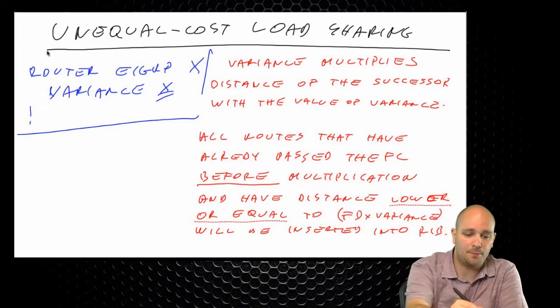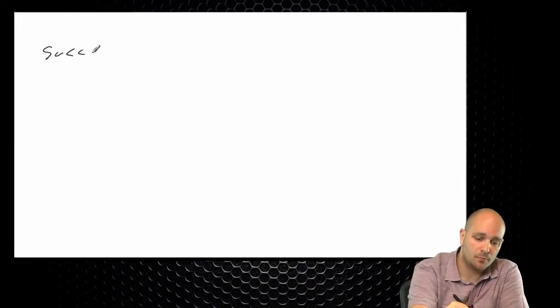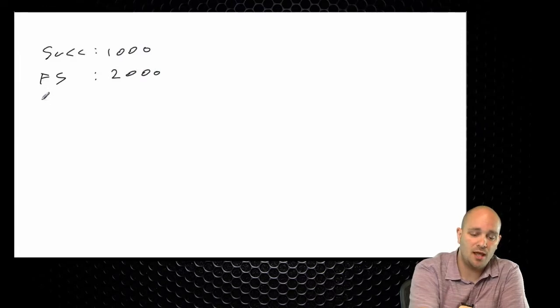So what you might end up having in a routing table is successor that has the cost 1,000, and then you might have a feasible successor that now has cost 2,000, and you may have other route that has